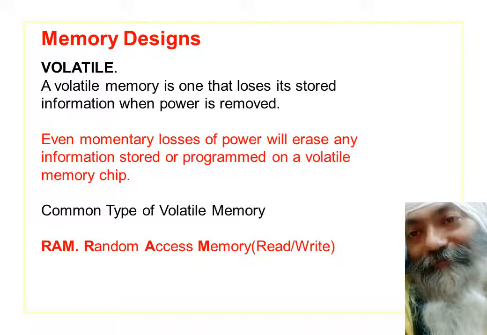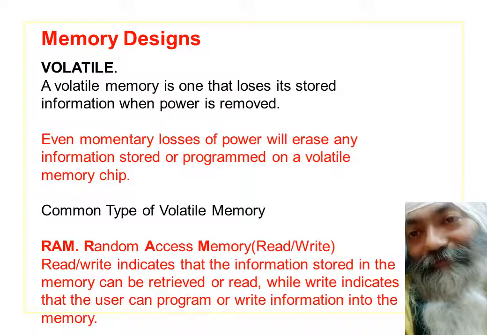Not so in the case of random access memory. Here the speed is irrespective of the location of the memory. It can be randomly accessed. That's why the name random access memory was given to this kind of memory. This is also called RAM.